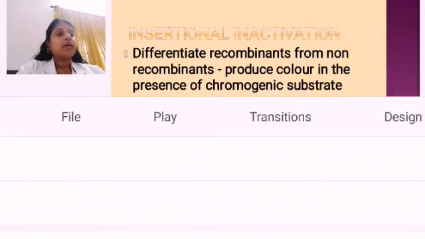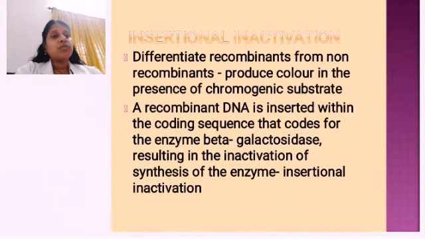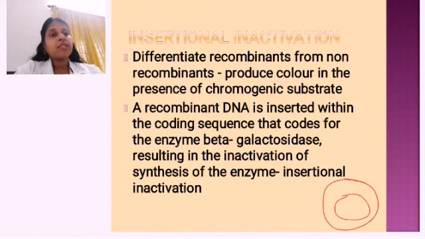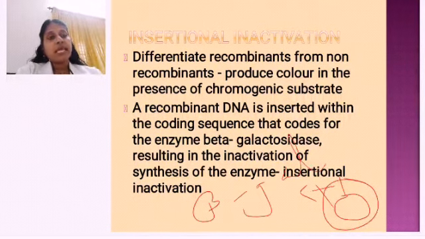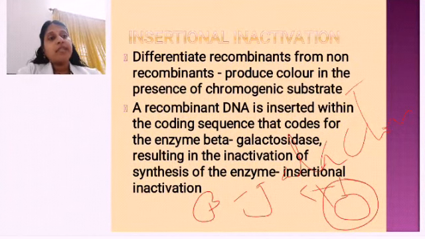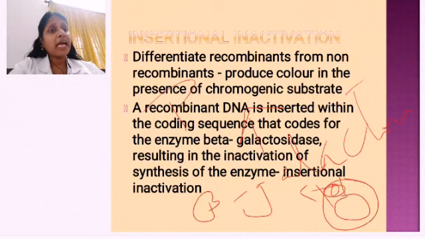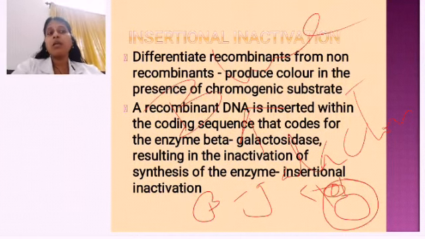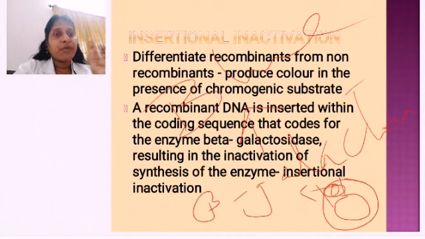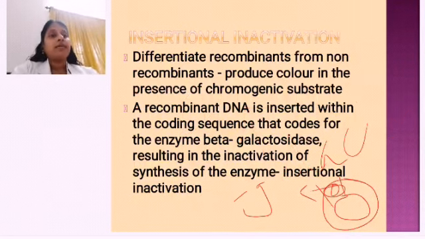Okay, so we can see how it is done. For example, you see this is the plasmid. In this plasmid there is a particular gene. That gene is coding for an enzyme called what? Beta galactosidase. So this enzyme is produced with the help of this gene. They code for the production of beta galactosidase, and if this enzyme is produced, that bacteria will have blue color. What is the color? Blue color, right? Now for the recombinant DNA, I am going to introduce it into this region. Very carefully you listen.